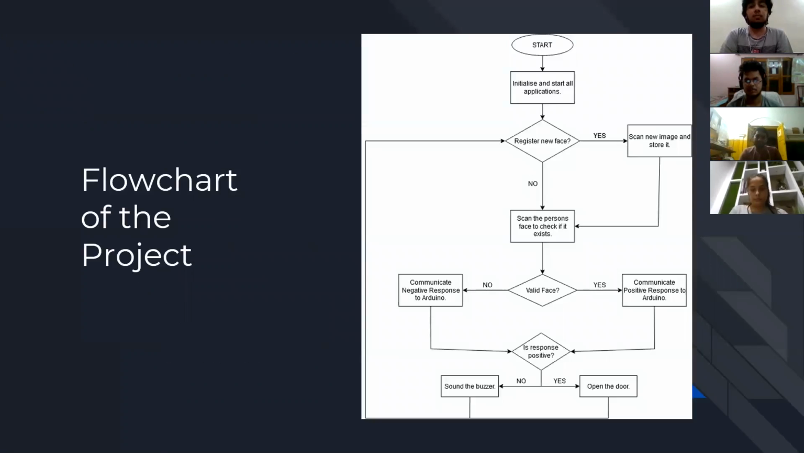So initially the system is started, and we'll ask the user whether they want to register a new face. In case there are no faces registered, we'll obviously ask them whether they want to register any faces. And if there's already a face, they'll have an option for no. And once they've selected the option, if they select yes, then we'll be scanning the new image of the valid user. And after the registration part is completed,